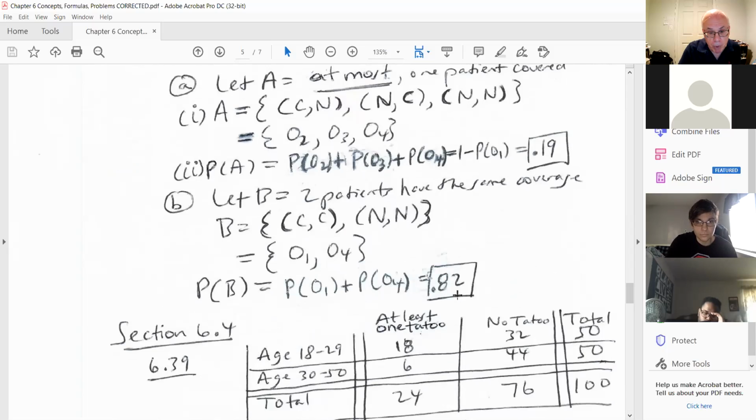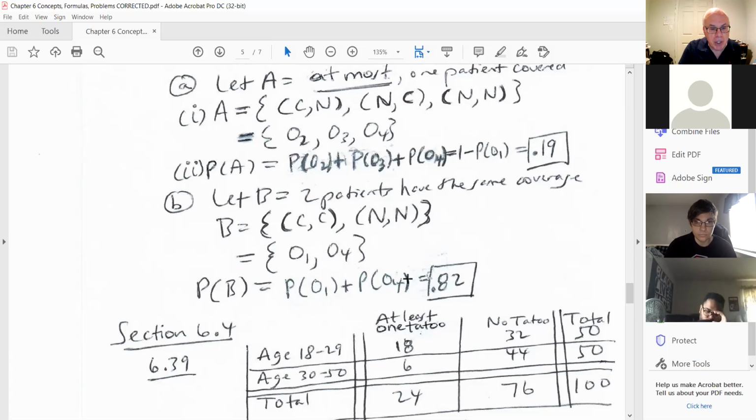P01 plus P04 is 0.82. All right. So I want you to make note of this, that this is the correct solution. And what I did last Wednesday on video, so you can't say I didn't do it. I did do it. But it is a teaching moment because it tells you that formula where you take the